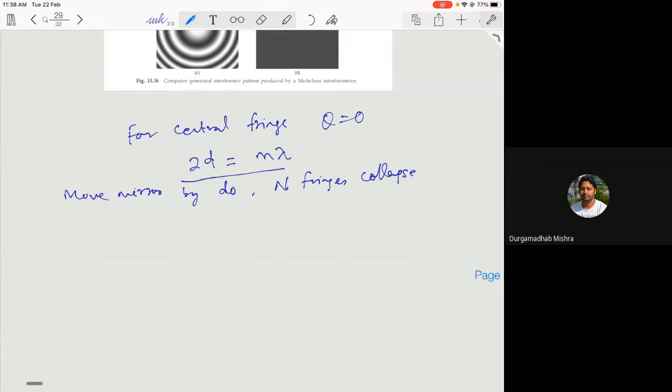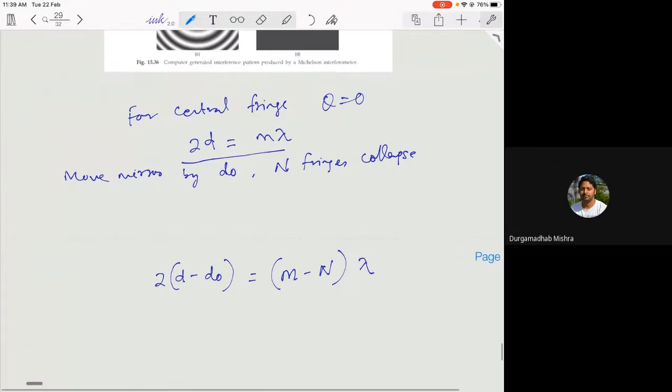In that case, 2(d minus d0) would be equal to an integer, which is m minus n, times lambda, because n fringes have collapsed. If you subtract this equation from the first equation, by subtraction,